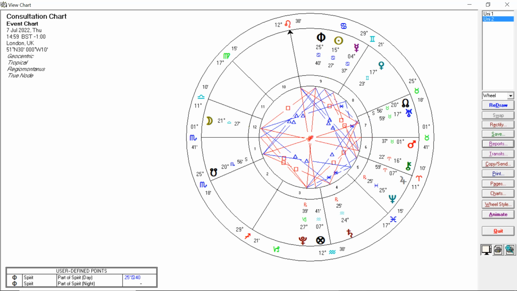Firstly, we have the rising sign is Scorpio here, 1 degree Scorpio rising, and the ruler of that rising sign, the ruler of the 1st house or the ascendant, is Mars here in the opposite sign in Taurus. So that's Mars in its detriment. And it's a daytime chart because the sun's above the horizon. So Mars is also out of sect in this chart.